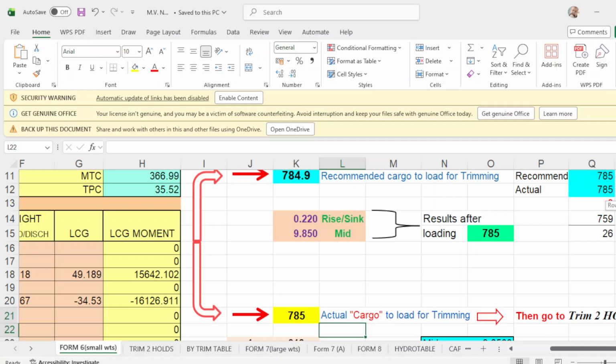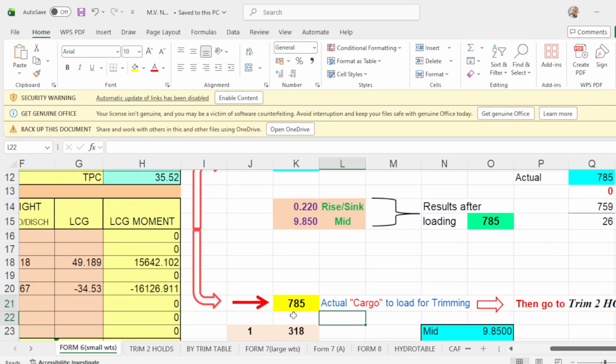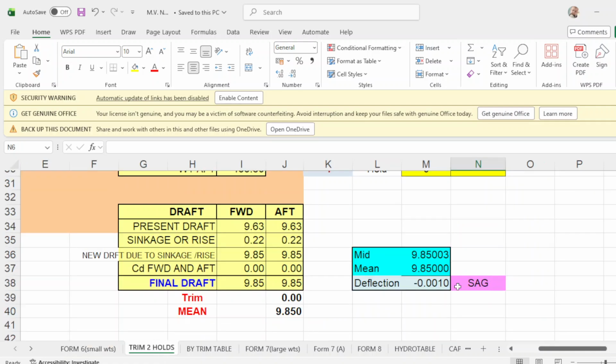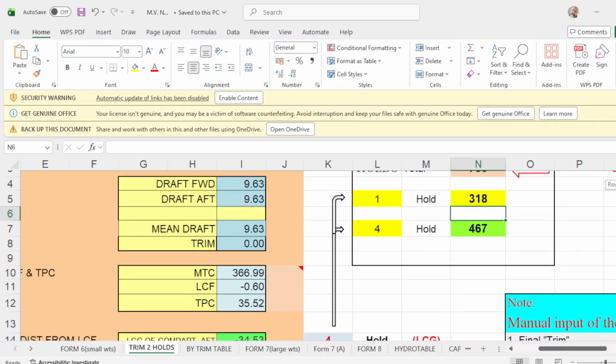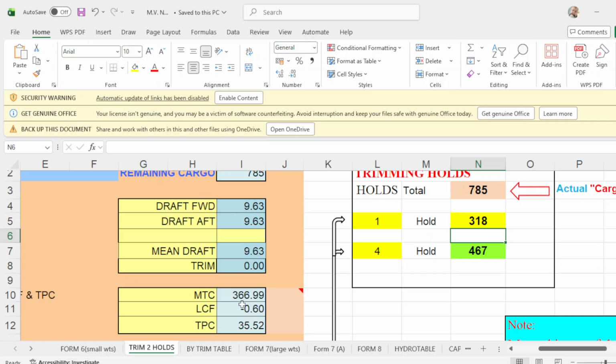Now, for example, you already know your remaining cargo to load. Then you want to distribute this to holds 1 and 4. Take note of the remaining cargo to load, 785. This is your initial drop, main drop, MTC, LCF, and TPC.